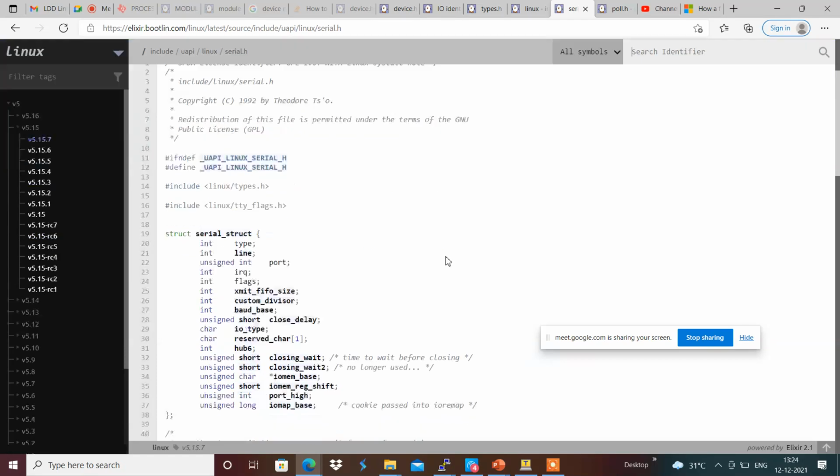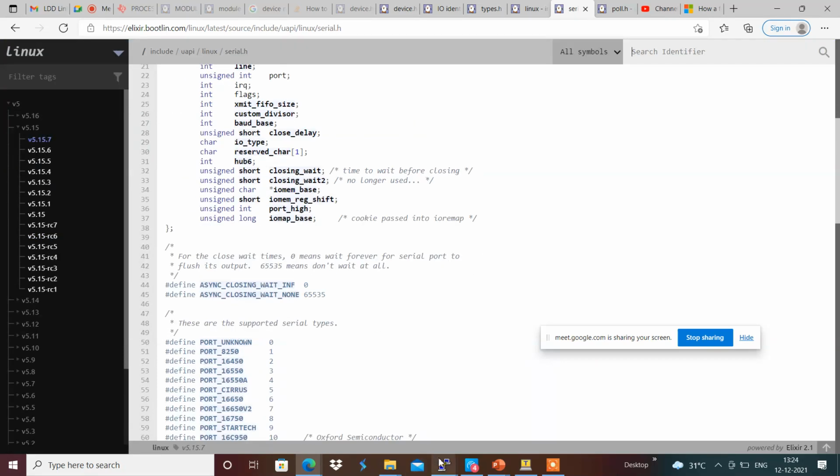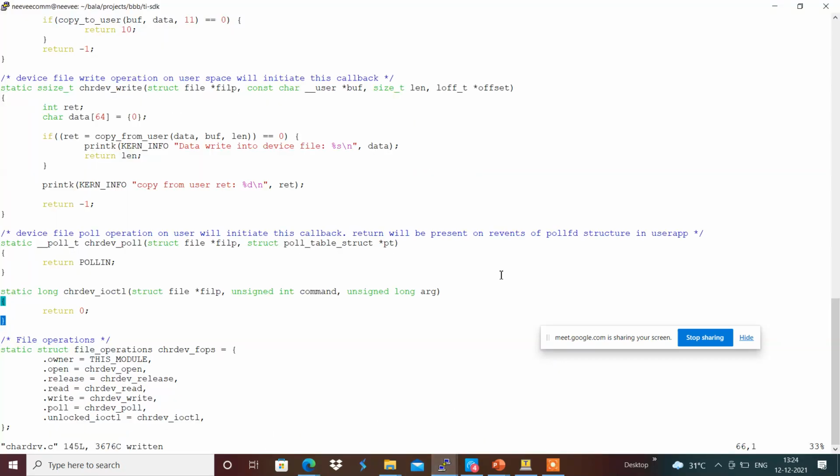It's something like vim chardrv.h, and inside that include